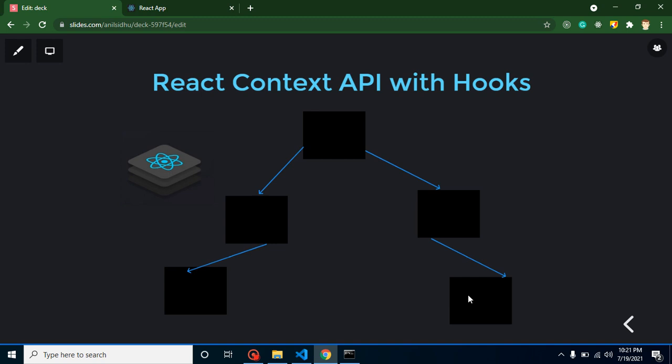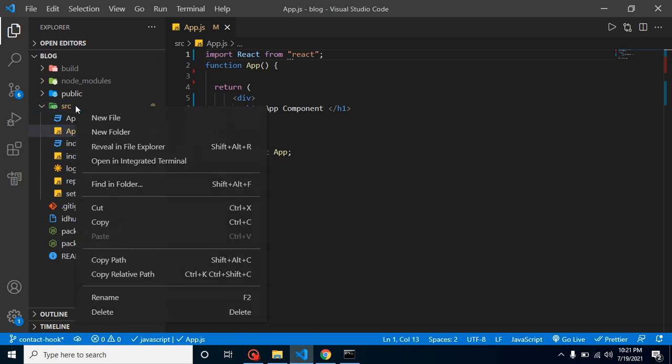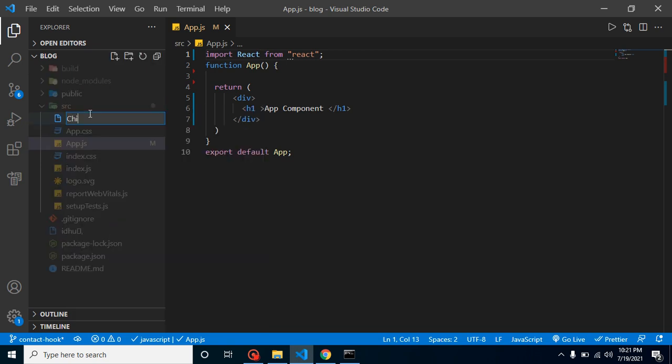All right, so now let's start and learn how we can send data from component A to B, and after that I will tell you how you can send data from A to C or D or E. But let's start with the simplest one. Here I am just going to make a component with the name of child, so that it can be easy to remember, child.js.